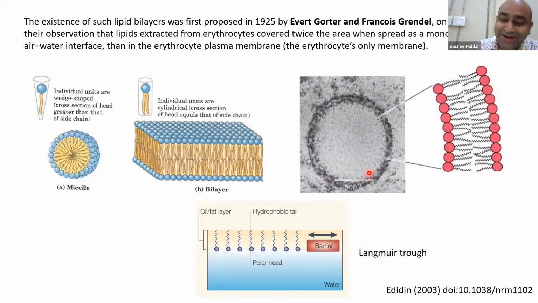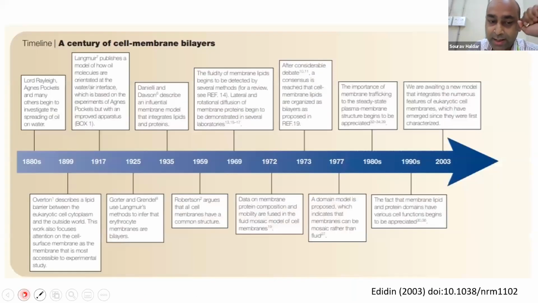They, however, had a blunder in their experiment, which was later corrected, but that mistake didn't influence the conclusion. So they are still credited for the discovery that the plasma membrane is actually a lipid bilayer. Okay, so this was the first milestone in forming what is now called the fluid mosaic membrane.